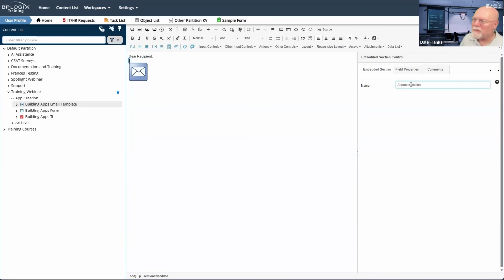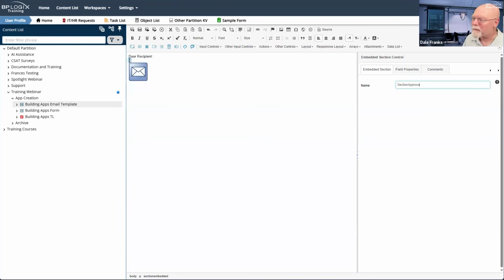Now, sometimes, just to be sure that all of my section controls show up right next to each other when I go to the Form Controls tab, it's not as important on an email as it is on a normal form if I'm using embedded section controls. But I'll often use the word section first and then just call it approval. So it'd be section approval.